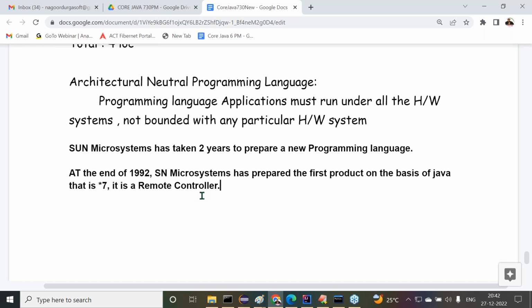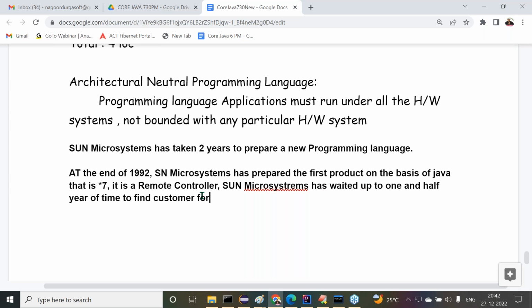Answer my point clearly, but what happened? Sun Microsystems waited up to 1.5 years to find a customer for Star 7.